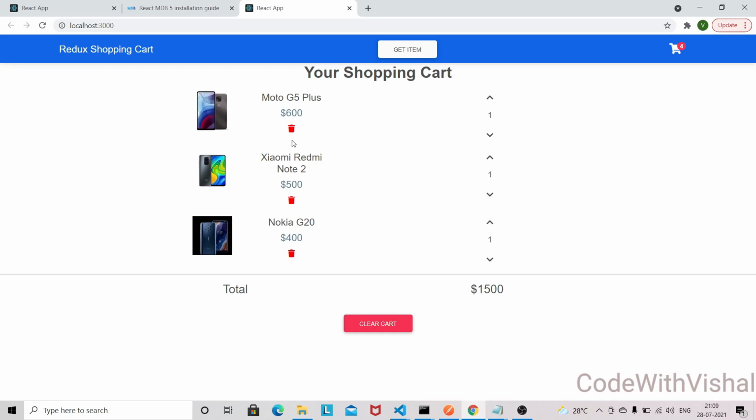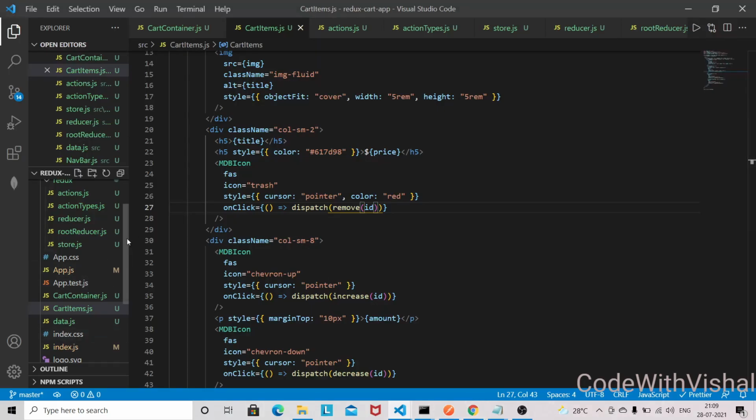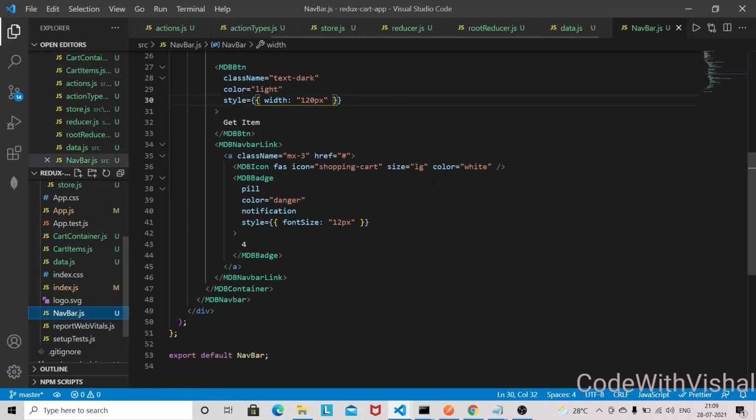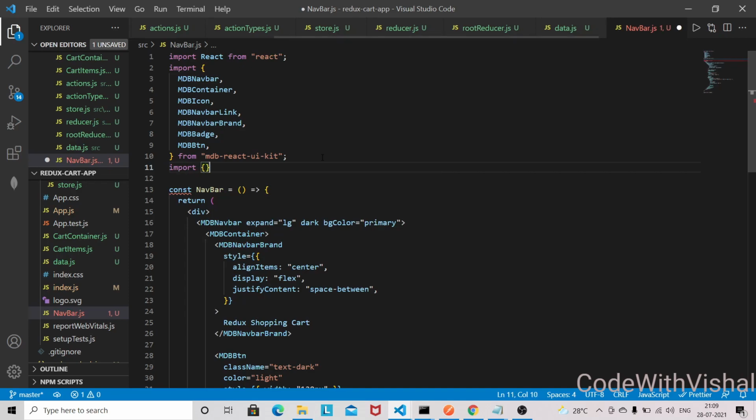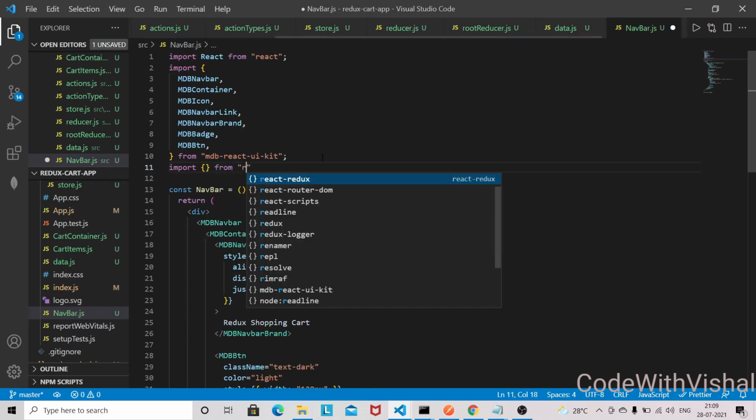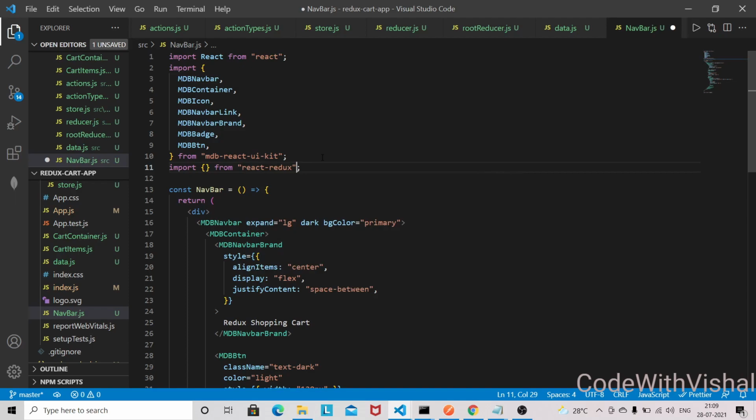The next thing I wanted to work on is this count. This count also needs to update if you increase the quantity, or if you decrease the quantity, or if you delete the entire item from the cart. So let's work on that one. In order to do that, we need to go to the navbar, and in the navbar we need to bring that use selector again here from React Redux. Use selector,